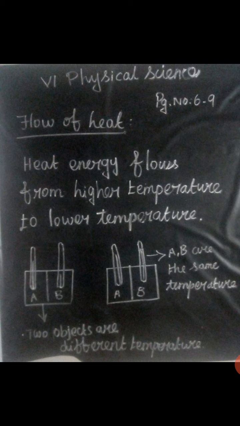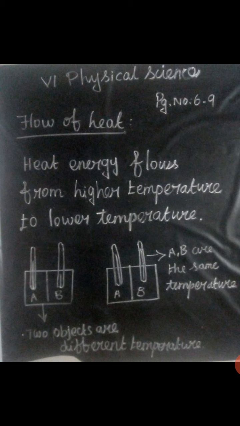For example, you are preparing tea, hot. If you have coffee or tea, that is 80 degrees Celsius. While boiling, only after that do they pour it and you drink it, no. So it is normal at 80 degrees Celsius. If you keep it on the table in your room for 10 minutes or half an hour, you can see the heat is reduced. Where did the heat go? It is spreading, it went into the room. Then the tea temperature comes down to 30 degrees Celsius or 40 degrees Celsius.